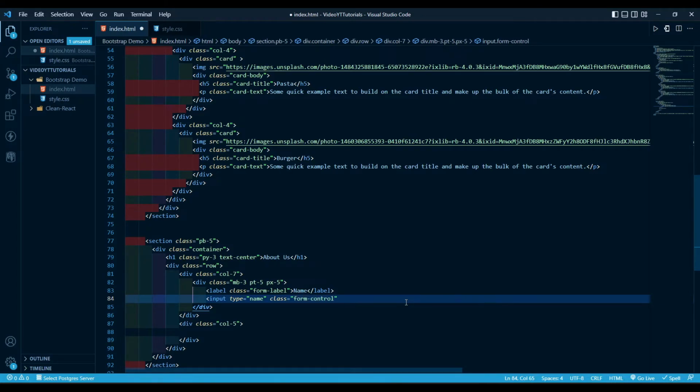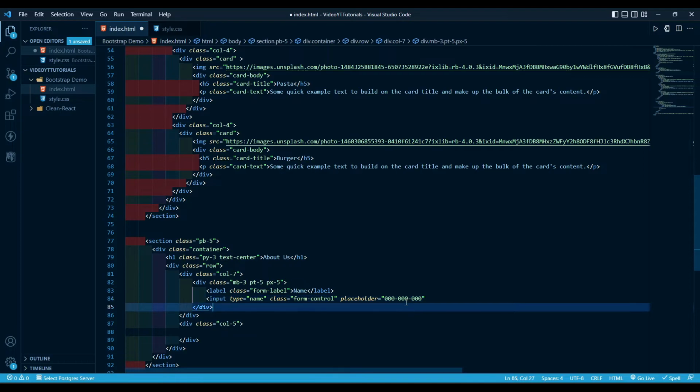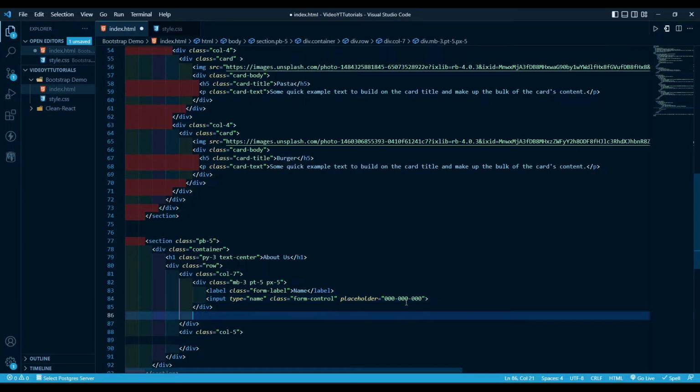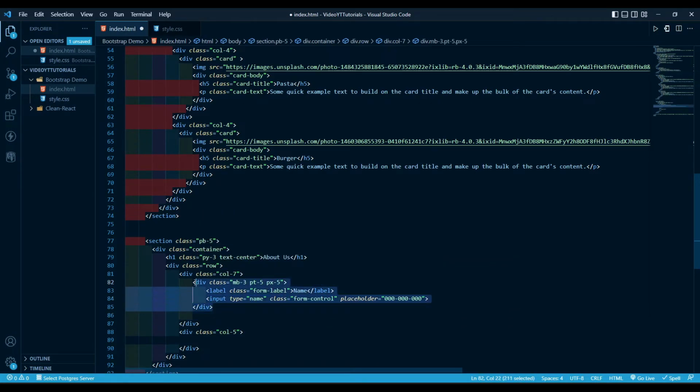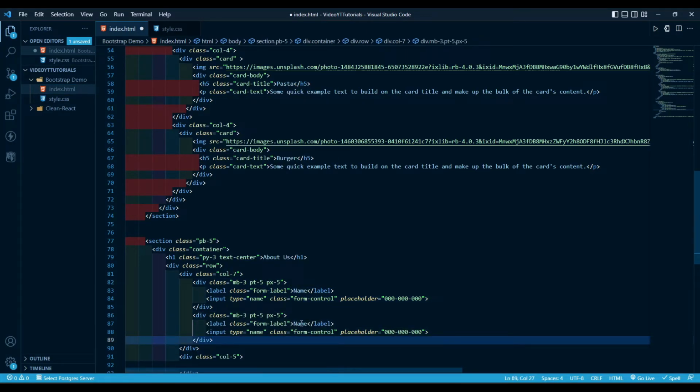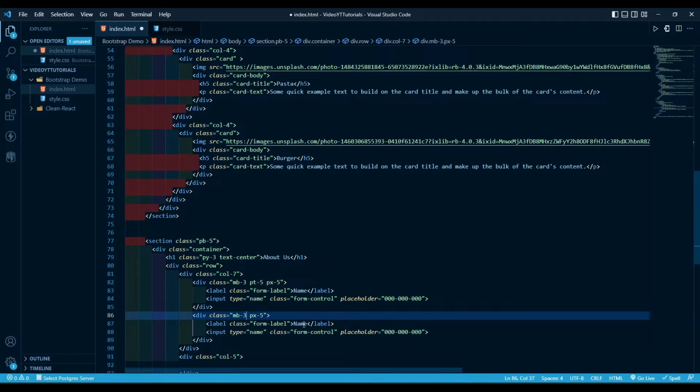We also want a placeholder of 000 000 000 000. After that one, make sure you close it. We want another div. We can even copy and paste the one on top. Copy, paste it. And the only thing I'm gonna change is I'm gonna take the padding to the top, and